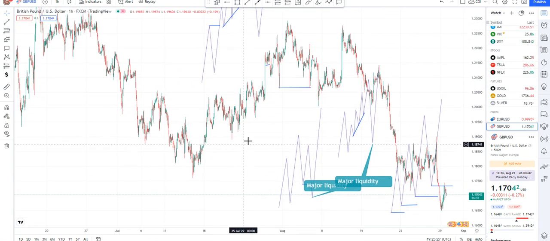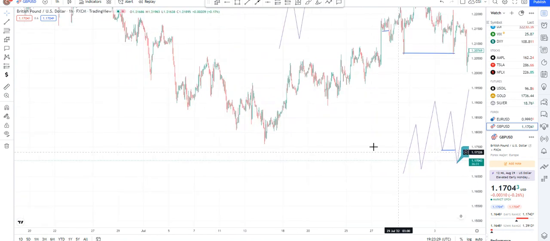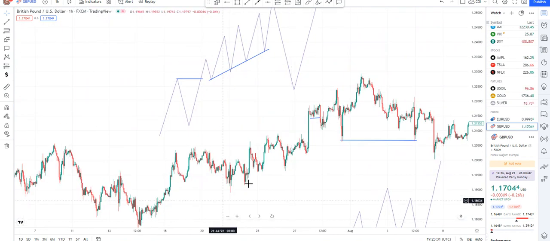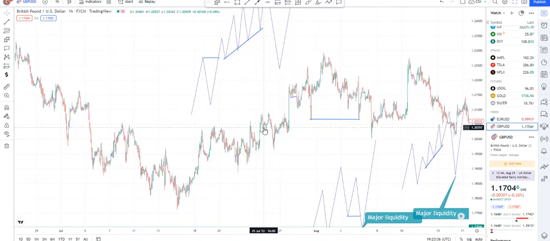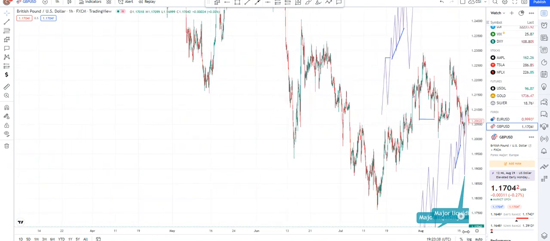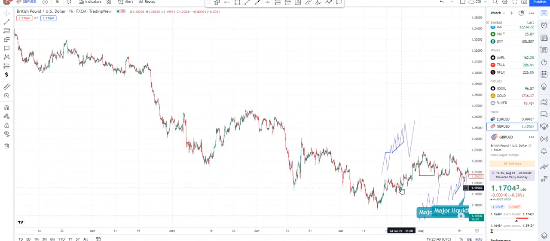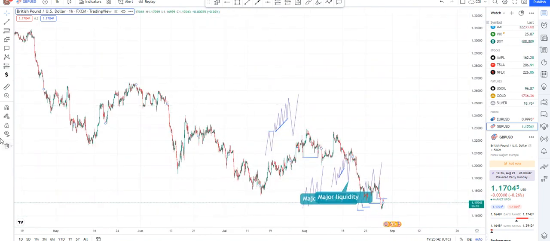So this could easily have come down here, come somewhere down here, and then continue the uptrend. But then it's made a move for the downside because this is a progressive downtrend that is very, very strong. Okay, so